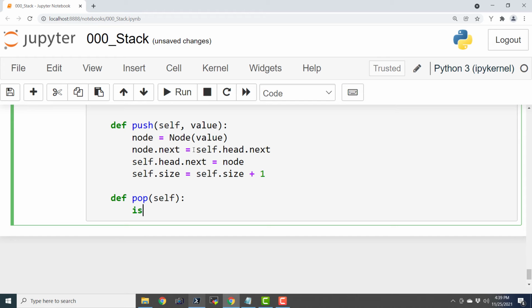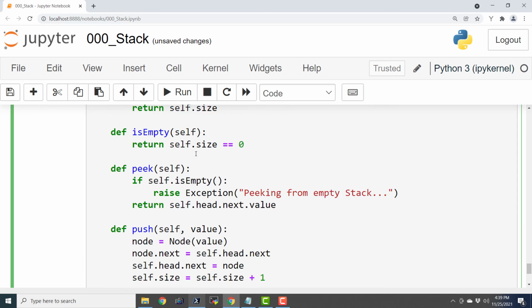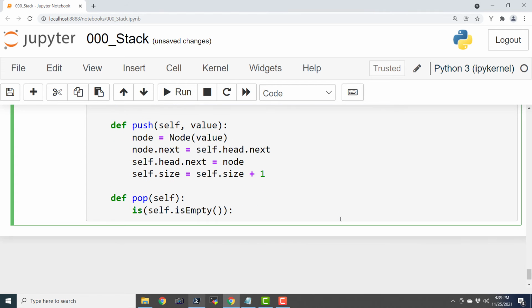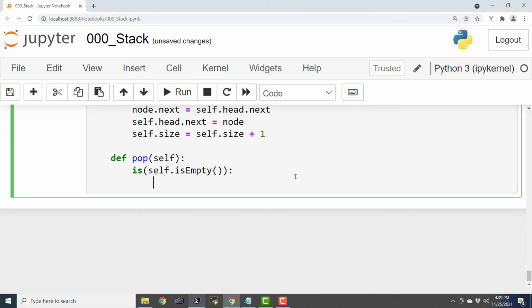I'm checking if that thing is empty. If self is empty, then I should actually raise an exception. So here we have the code for raising an exception: Popping from empty stack.